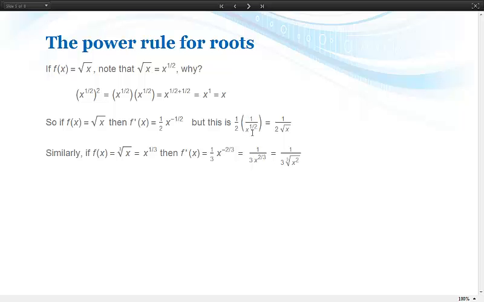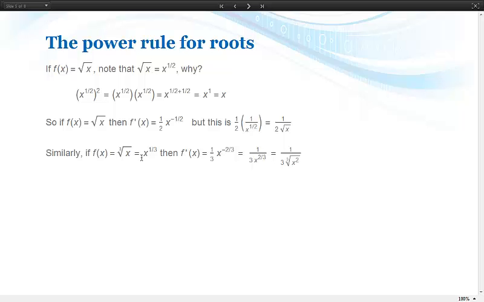But x to the 1/2 is the square root of x. So the derivative of the square root of x is 1 over 2 the square root of x, just by using the power rule. In a similar way, if f of x is the cube root of x, that's the